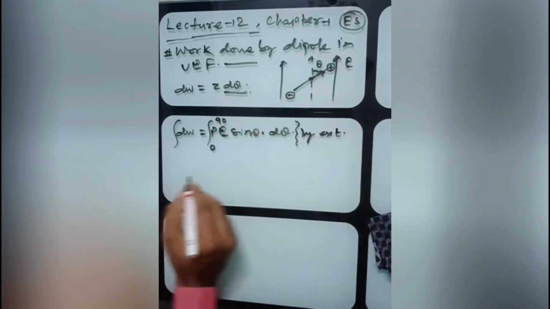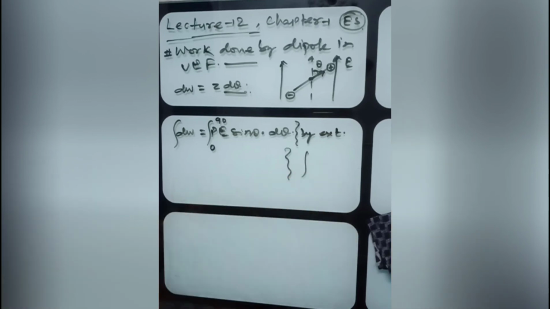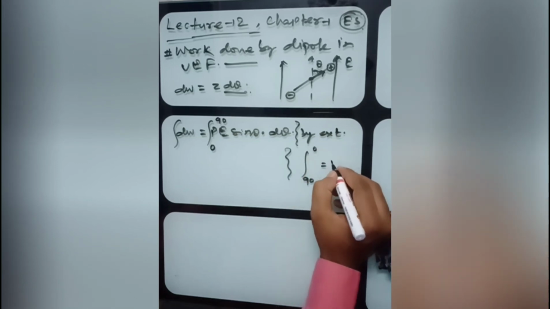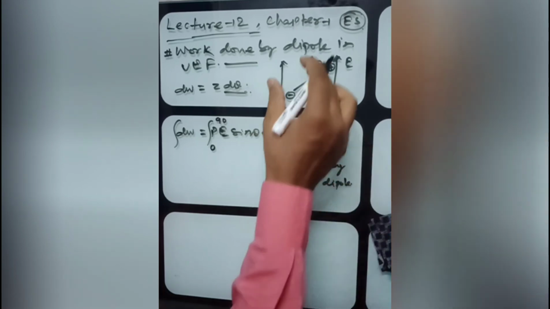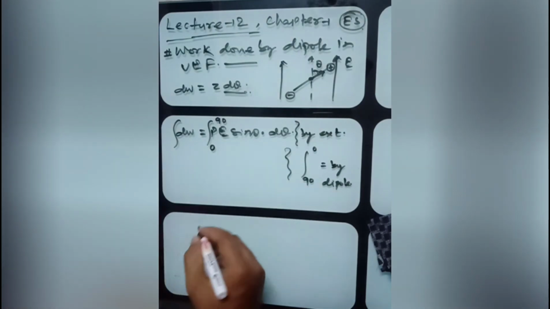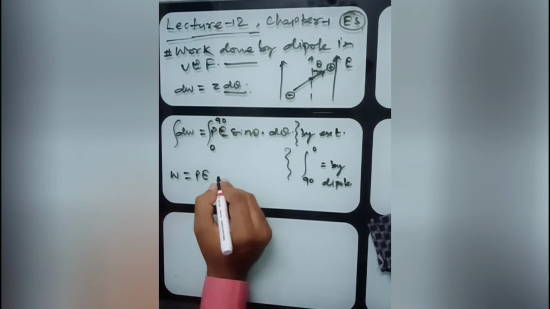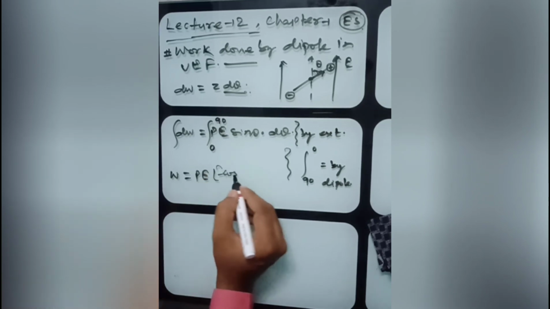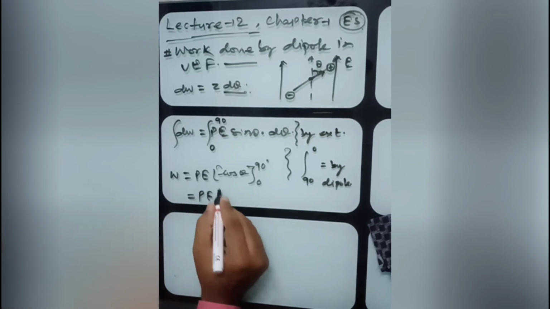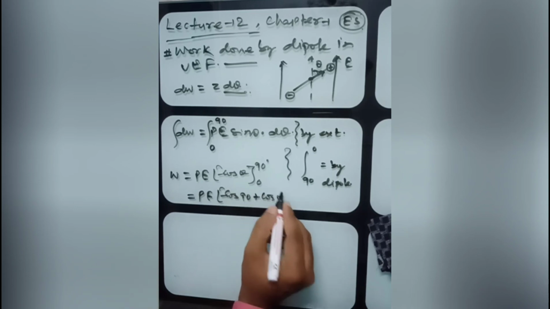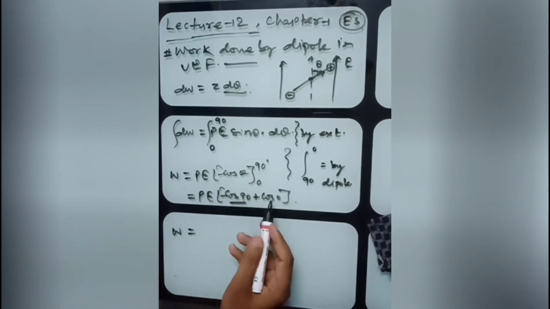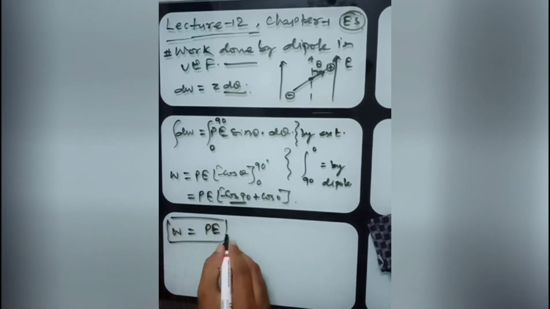If you give the limits from 90 degrees to 0 degrees, then the work is done by the dipole itself. You are not required to rotate this dipole; you will leave it and it will automatically move to 0. Here the work done is pE times the integration of sin theta, which is minus cos theta, from 0 to 90 degrees: pE times minus cos 90 to cos 0. How much is this? Cos 90 is 0, and cos 0 is 1. So pE is the work done by the